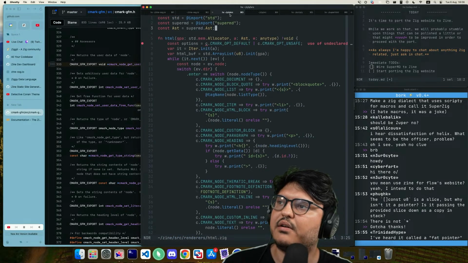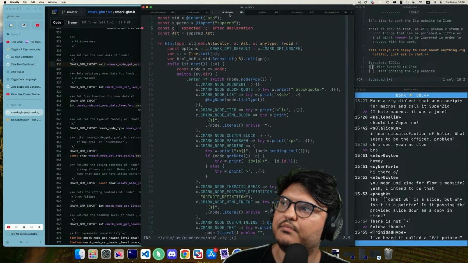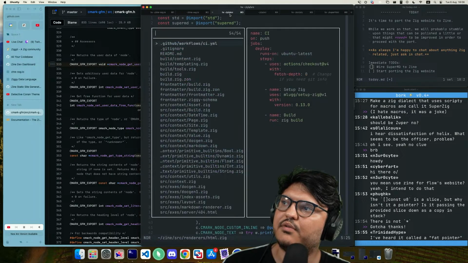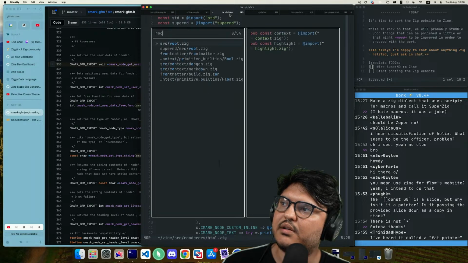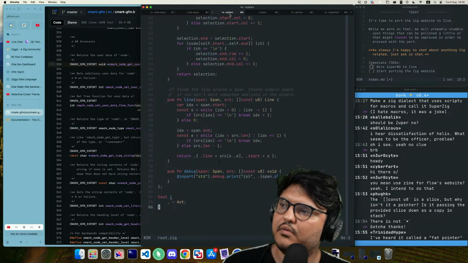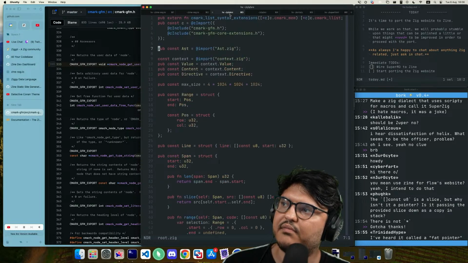So that's the HTML render, and now we need to make this stuff work. Bet you the Super MD doesn't actually have that there. We have an AST. We have some context, but we definitely don't have everything.